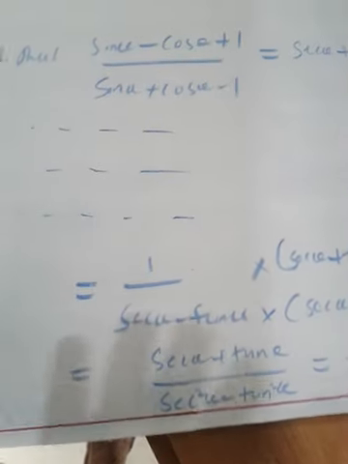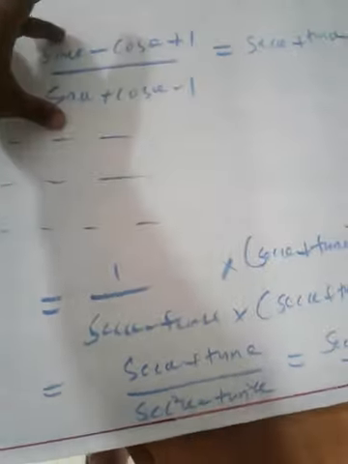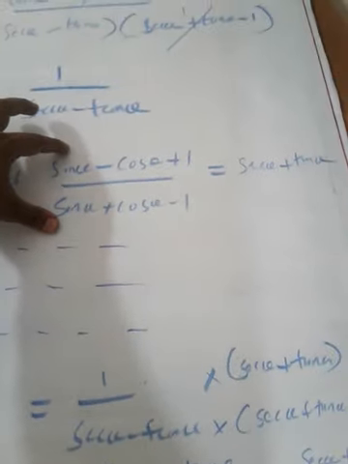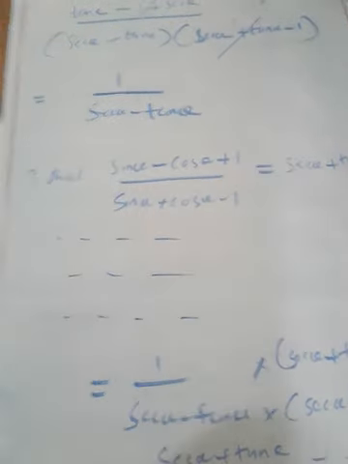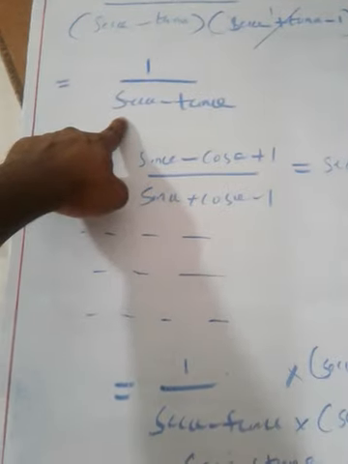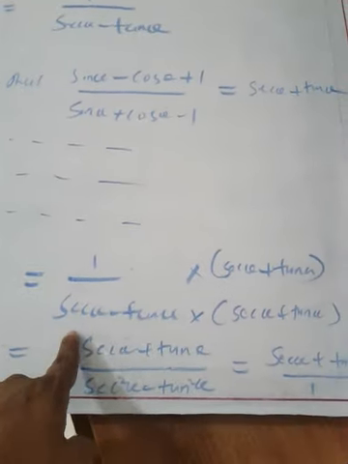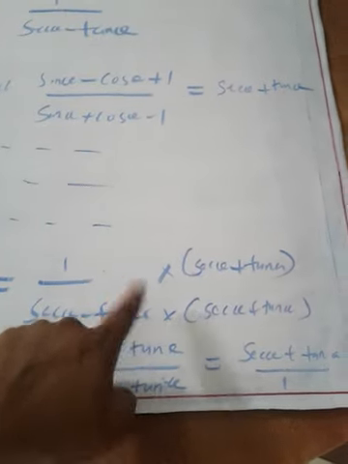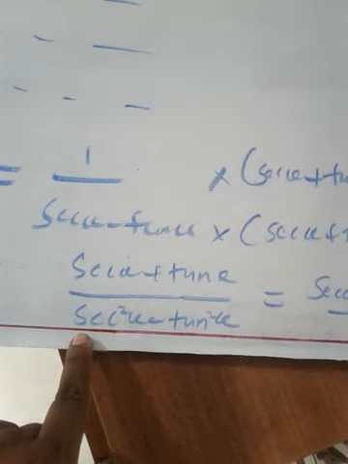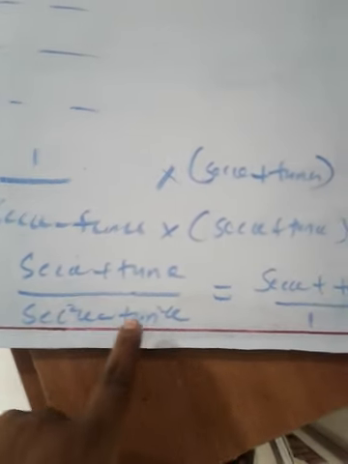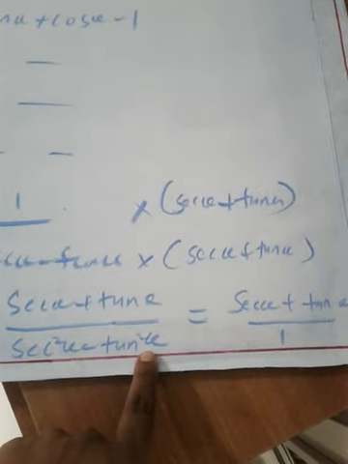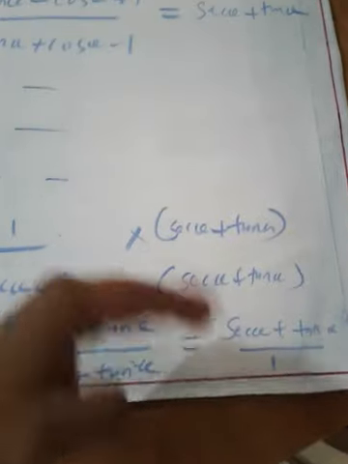Let me tell you one thing once again. The same question can be asked as, prove that this is equal to this. So what we have to do is simplify this one, and whichever modifications we made to reach this much, the same modifications we proceed with, and we will reach here. Then, the denominator is sec theta minus tan theta, so take the conjugate and multiply. Why are we taking the conjugate and multiplying? Because there is an advantage here. When you take the conjugate and multiply, in the denominator sec square theta minus tan square theta will come, which we know is 1. That's why we are making this type of modification.